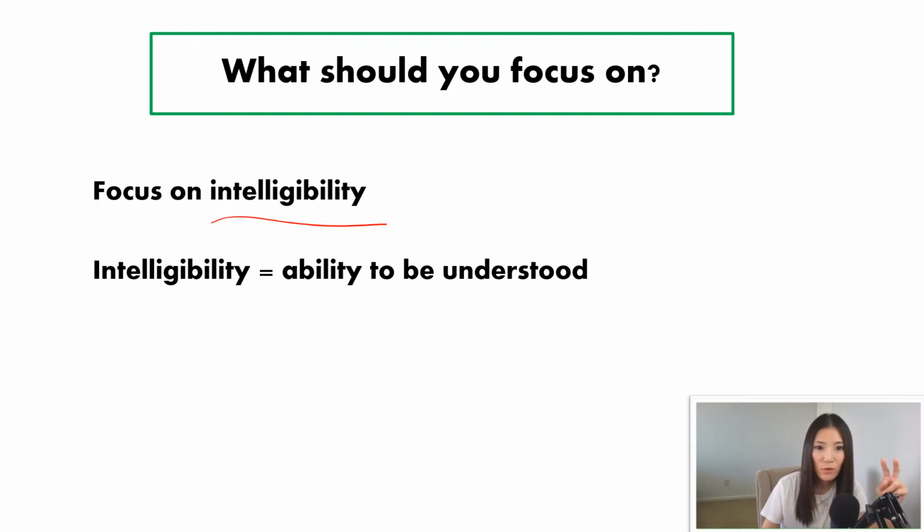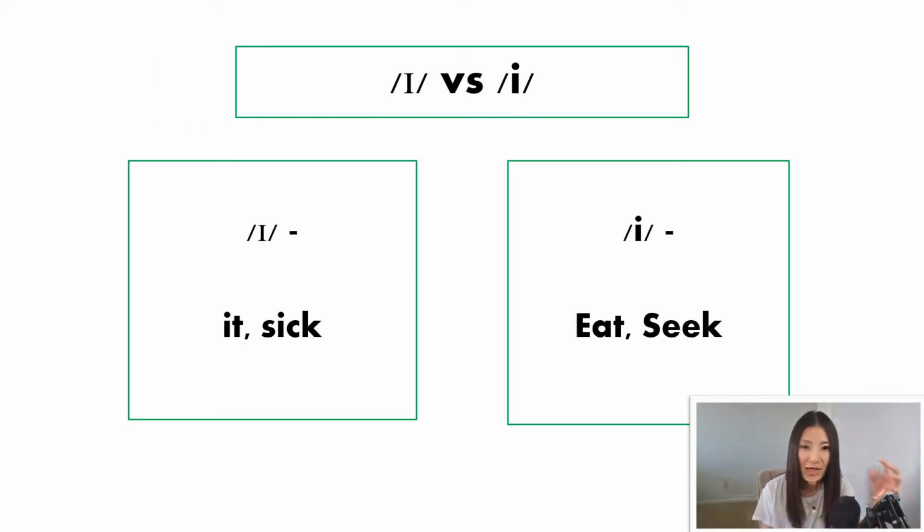So in this video, we're going to focus on two vowel sounds that are easily misused and interchangeably used, therefore causing miscommunication. While there are many sounds that can cause miscommunication, we're going to focus on I versus E. Some words with the I sound are it or sick, and some words with the E sound are eat